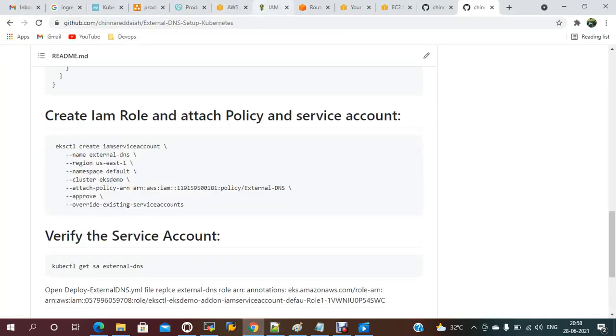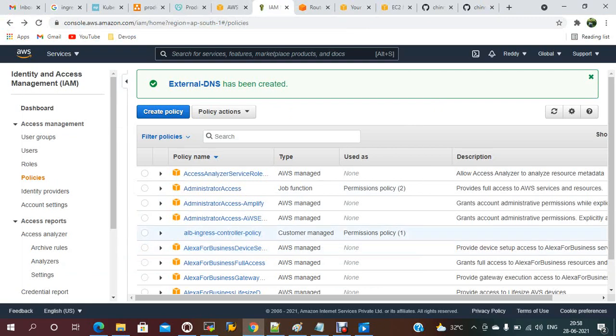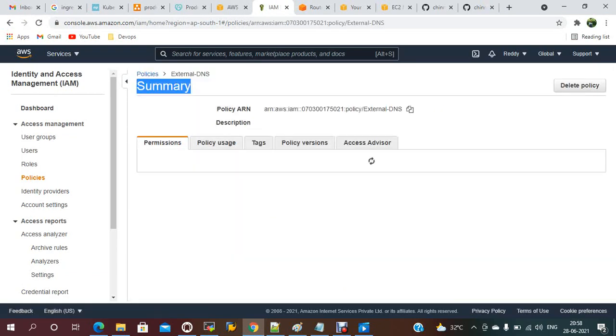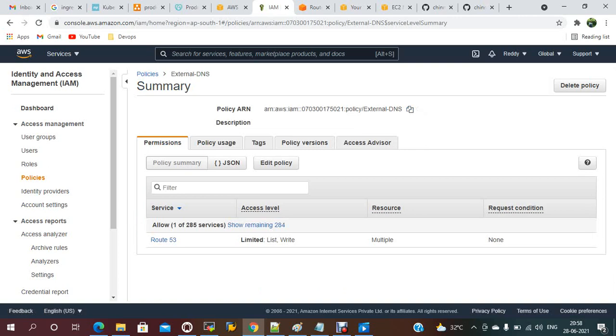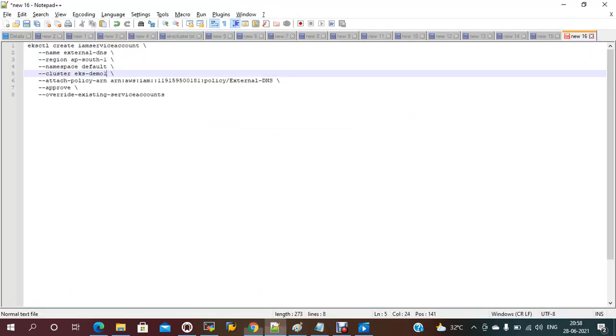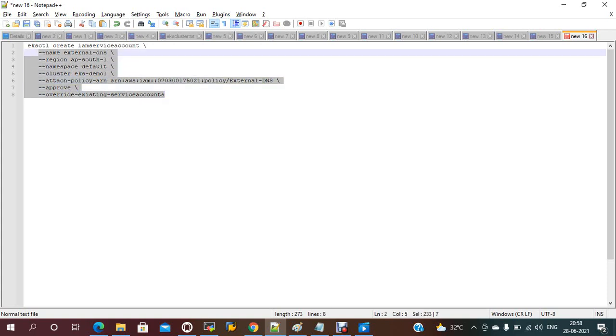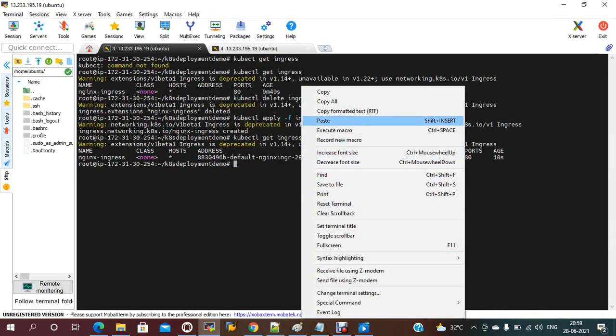So I just created the policy, right? This external DNS created. Now this policy ARN name I just need to provide with my name. I just go here. This is done. Let me update this one.